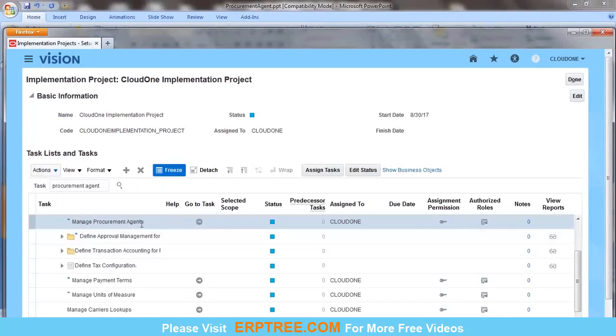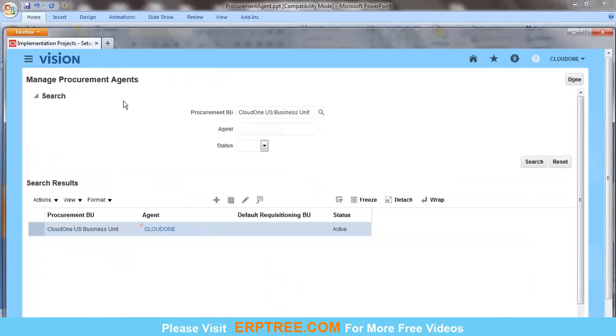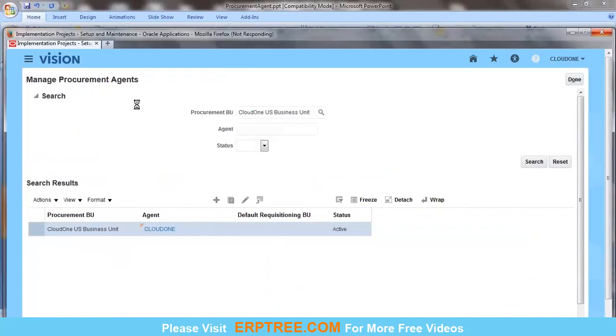So here you can see Manage Procurement Agents. Under Go to Task, we have an icon. Just click on that. Now this is the page where you can create the procurement agent. So to create the new procurement agent,